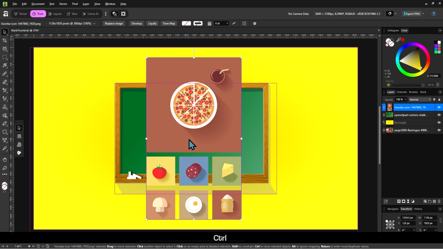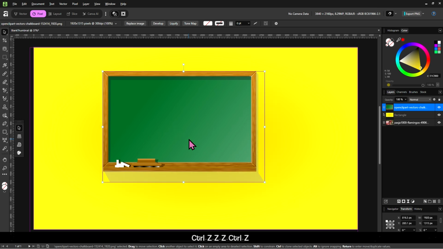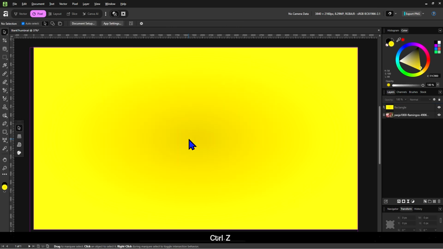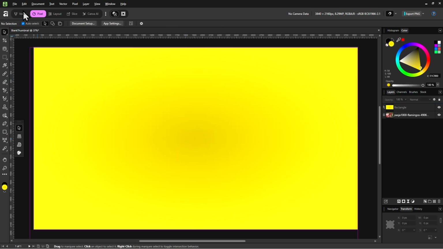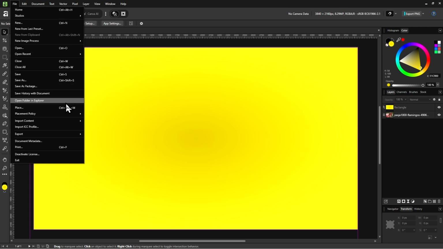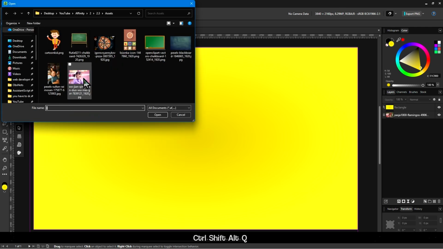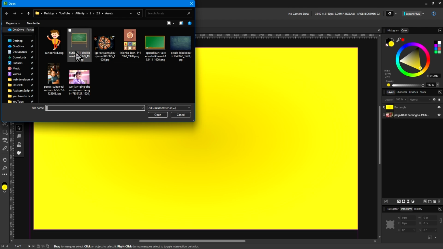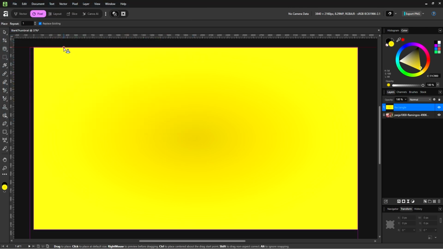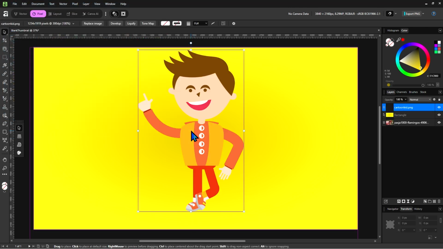First, I'm going to undo adding in these two images. And what I'm going to do is go into File, and then place another image again, maybe this cartoon kid over here, and place it over there.